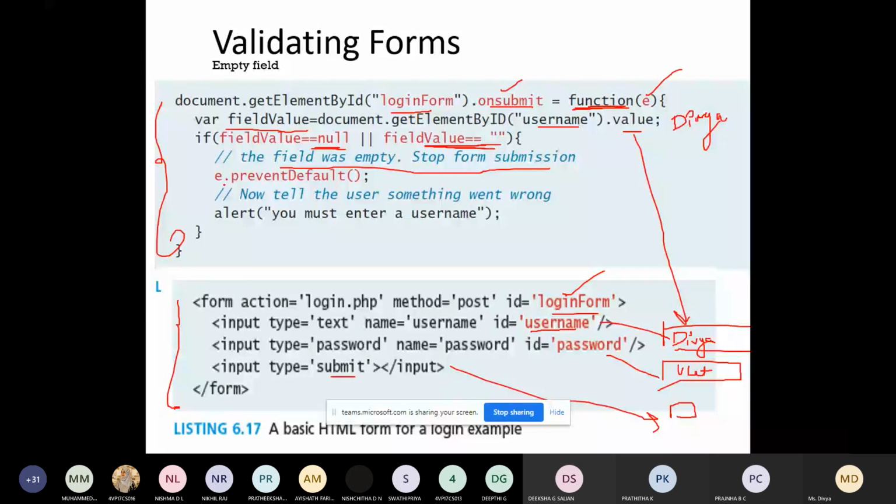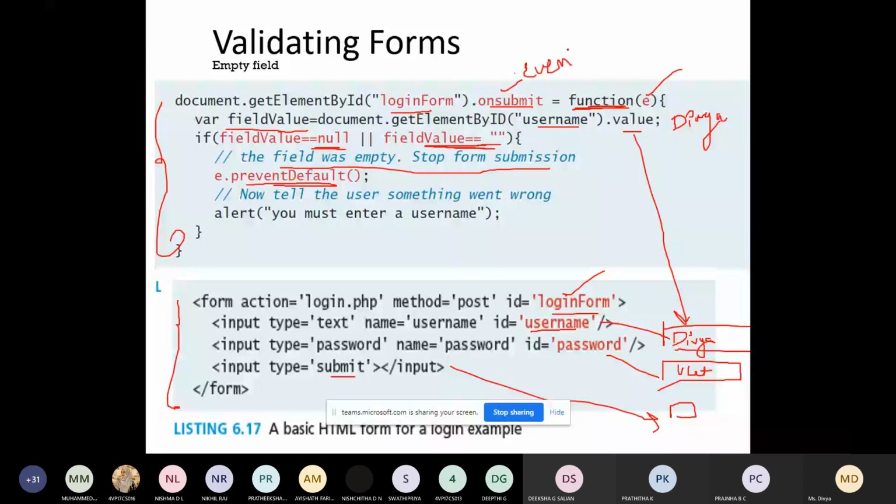Okay, next one is preventDefault. That is used for preventing the submit. We have already studied this. preventDefault is used for preventing an event. So what is our event? This is our event, the submit event. Now what are we doing? We are preventing the submit event.